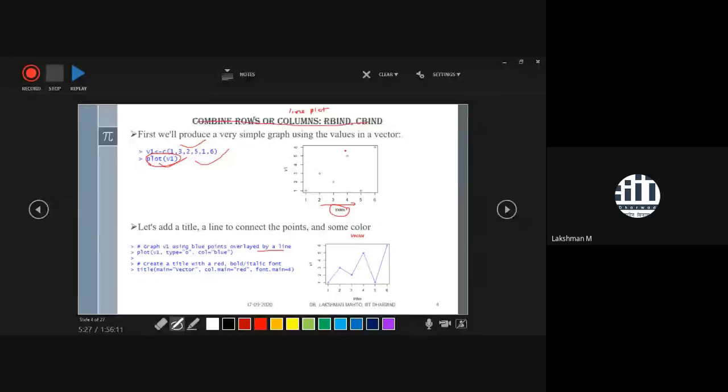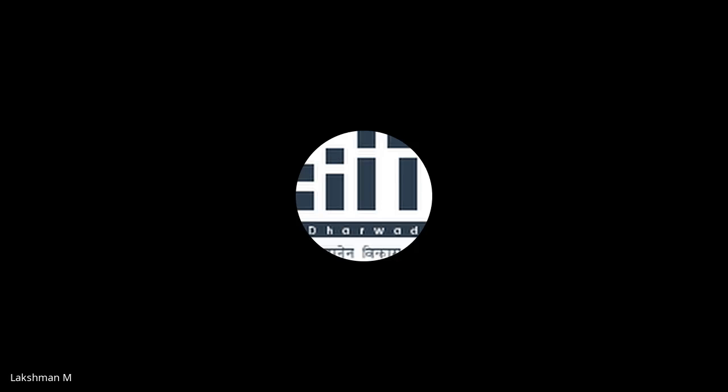But if you want to bring it with your desire, whatever structure you want, suppose you want to join these points by a line, then you can change your type. You can change to o. o is talking about over by a line. So these dots will be joined by a line. So this is the type.